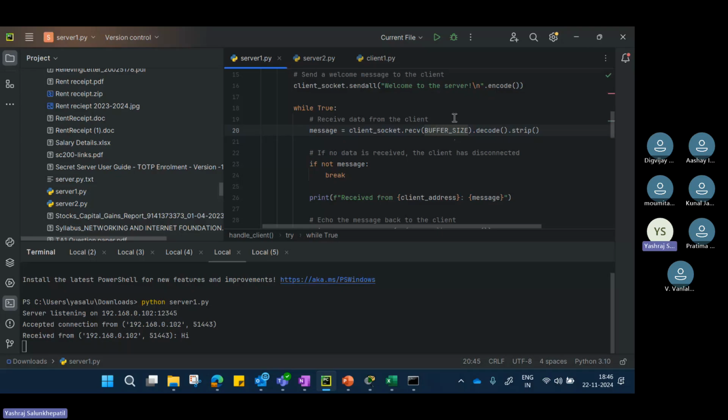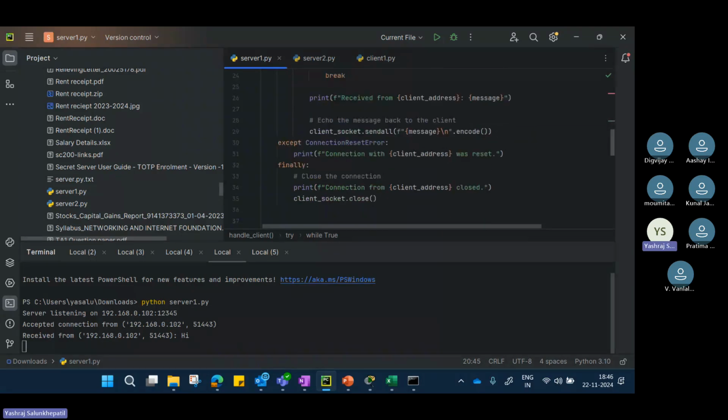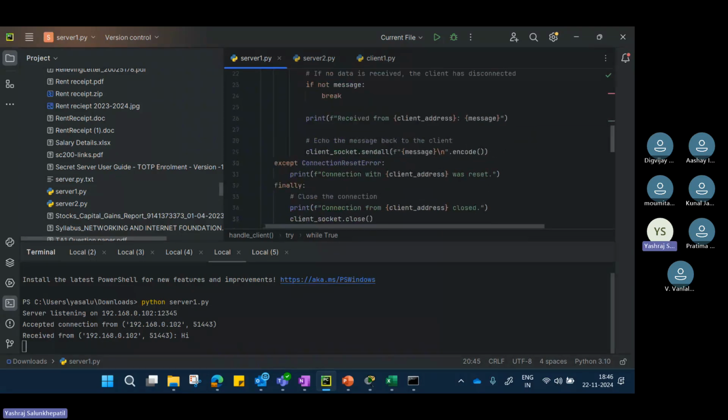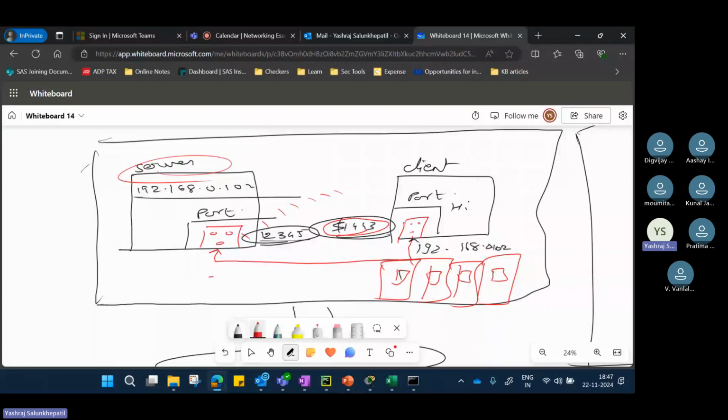Okay, once the message is received, we print the message received from client address and message. Do we have that? Yes, received from IP address and port. Okay, now client address is in the form of a tuple. This variable client address that you just saw, sorry,